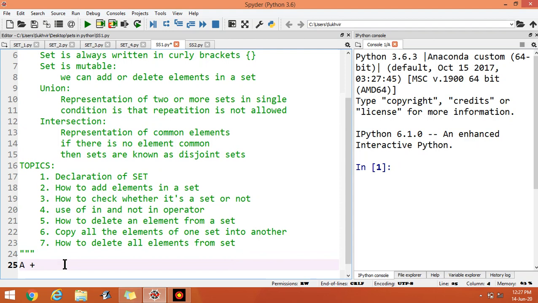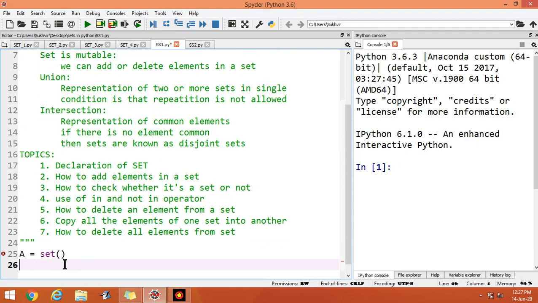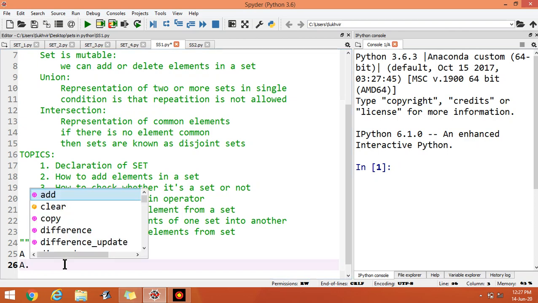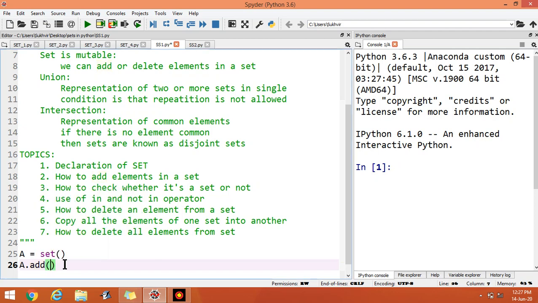Suppose A is a set. Suppose we declare A as a set, and if we have to add any element, you can write a dot add.